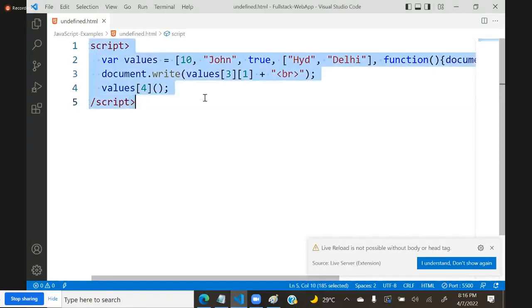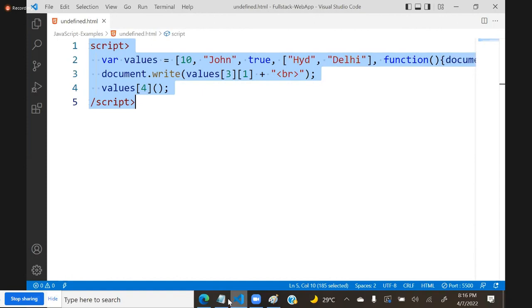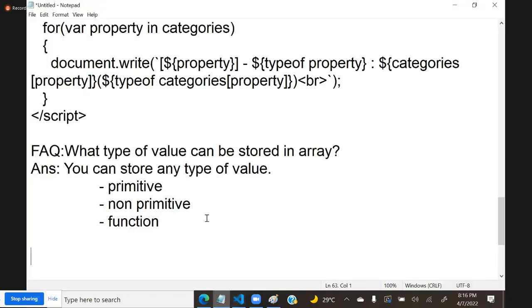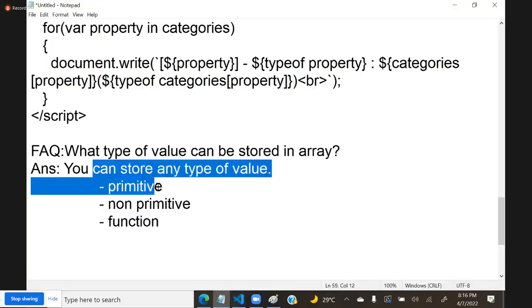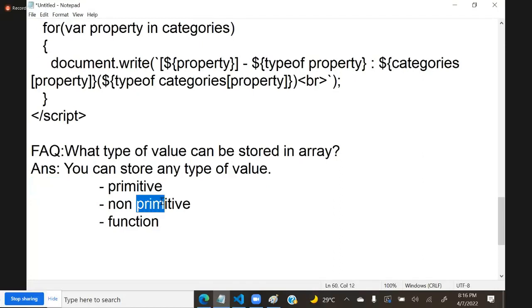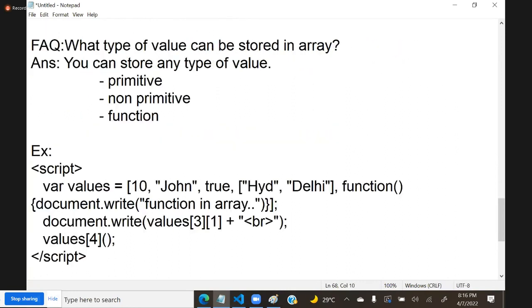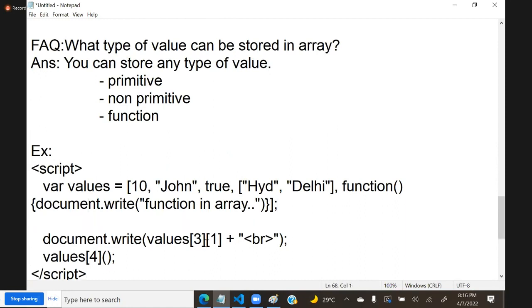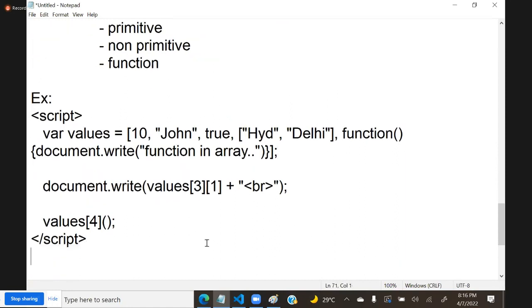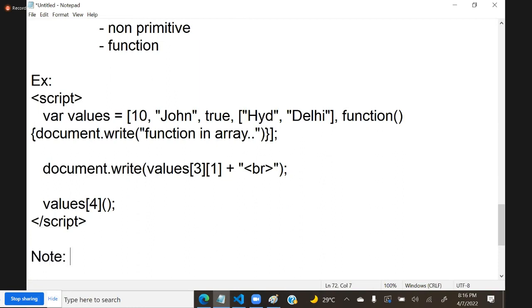So what kind of data we can store in array? You can store any kind of data. You can store primitive type, you can store non-primitive type, you can store function. But one important point is there, I will tell you. Example is this. Here we are printing these two things, okay? But important note is, if you are defining